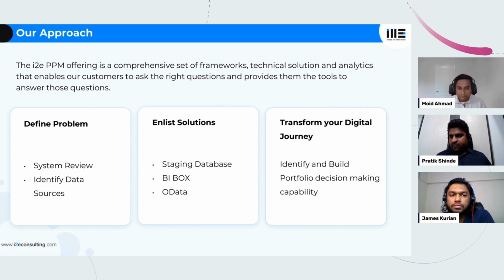When we have a request from a customer, let's say when they want to set up reporting in their environment, the first step is obviously to define the problem that they currently have. Without understanding the problem the client is facing, it's very difficult to solve it. So first we understand the Planisware system that they currently have, and more importantly the data in the system, because understanding the data and the key metrics is half the battle won when you're looking at reporting. Once you know the critical data they're looking for, you start visualizing how the dashboards are going to look, and the entire process becomes very easy.